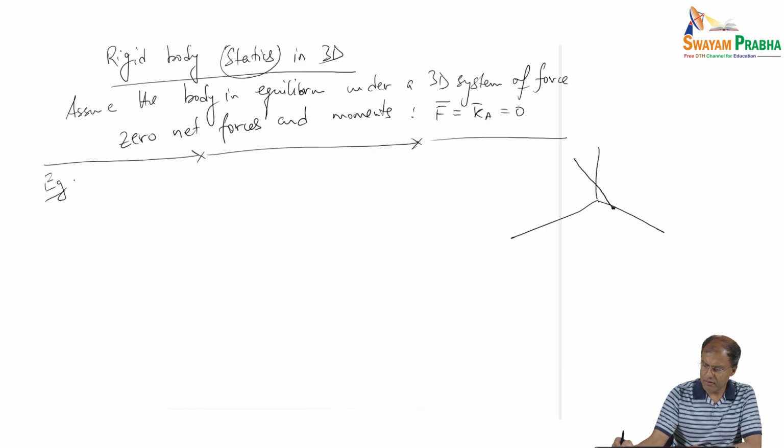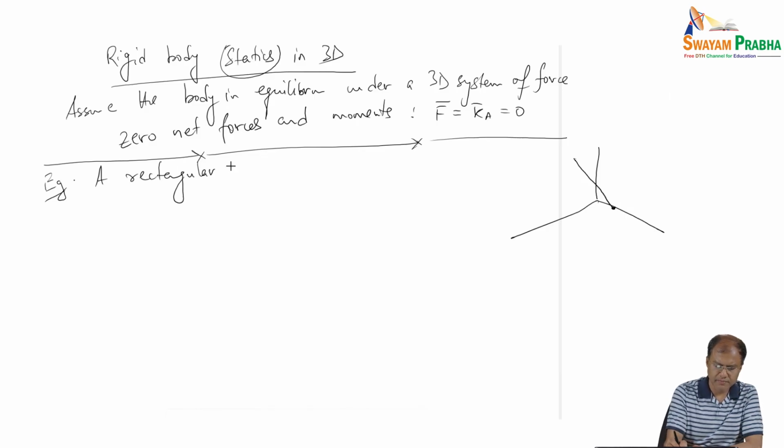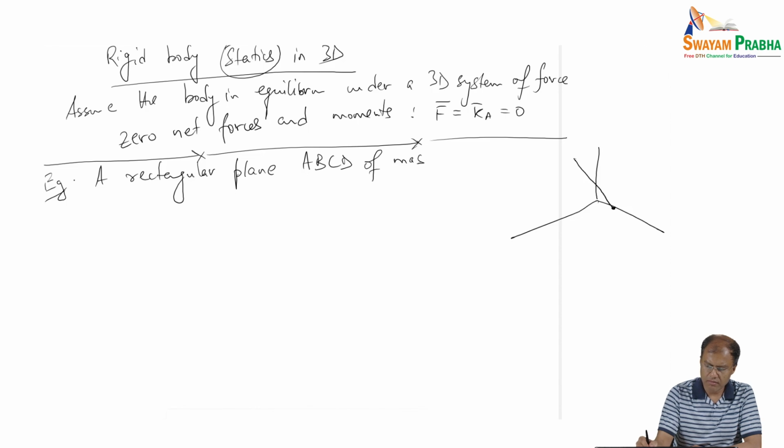Let me write the statement, that will be clearer that way. So we have a rectangular plane A, B, C, D of mass m is placed